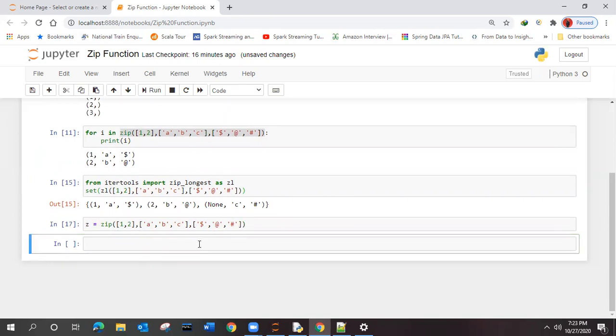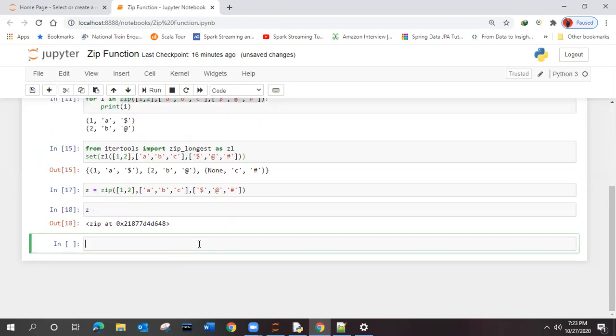Now if you execute this Z, it will give you the same message it was giving. Now Z is holding something in zip format. How to unzip it? For unzipping, we again make use of the same zip function, and inside this Z will be passed.